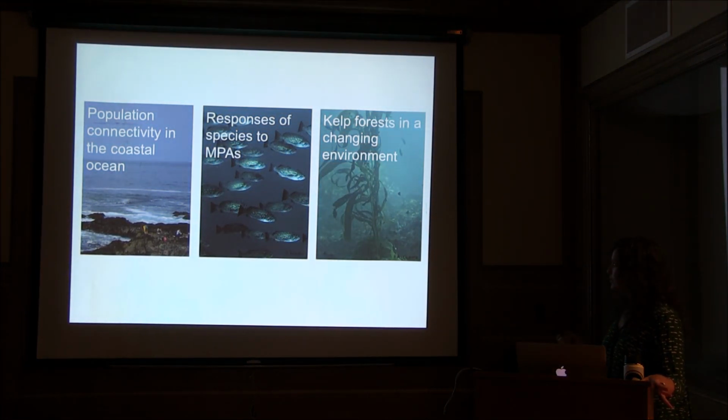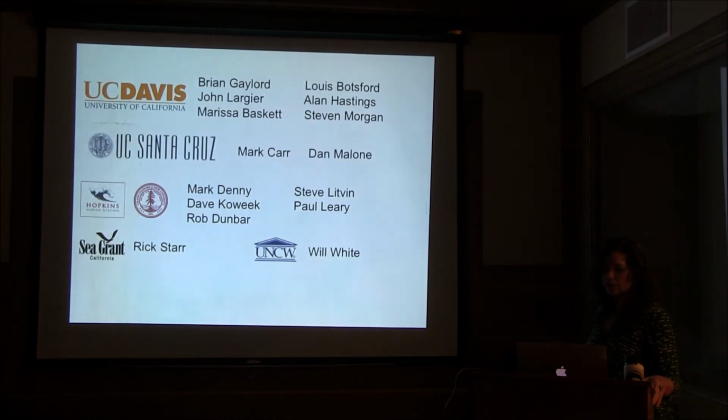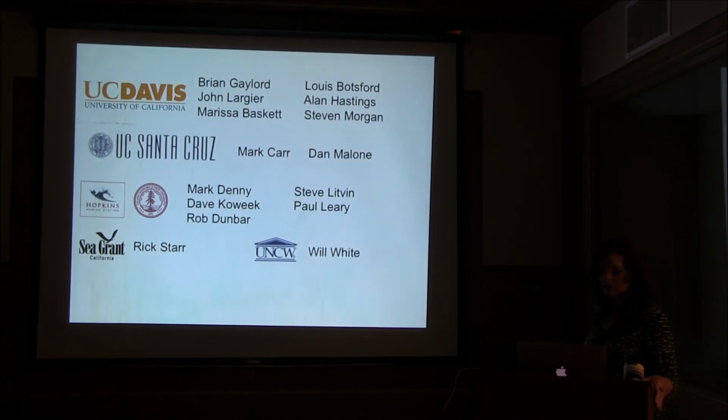So those are my main three things that I wanted to share with you today. And again, the key theme is that environmental variability can influence the physical setting and recruitment and connectivity, which can influence what we're seeing currently, as well as future changes, and hopefully can give some insight into ecosystem resilience. Here are some of the co-authors on the work that I was talking about today,